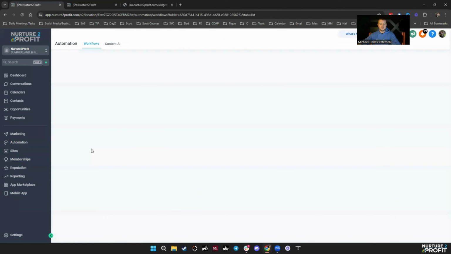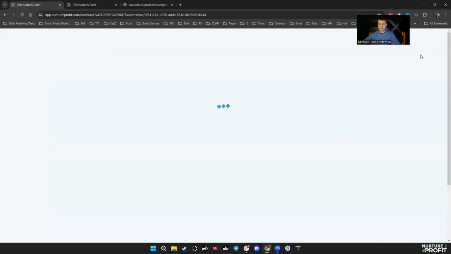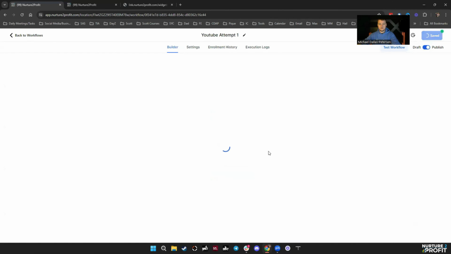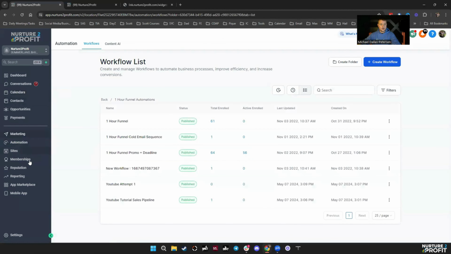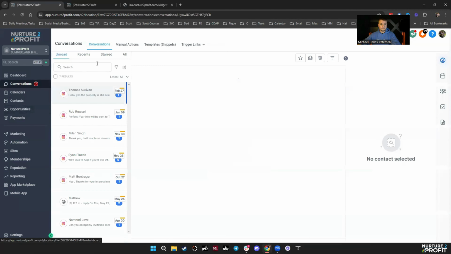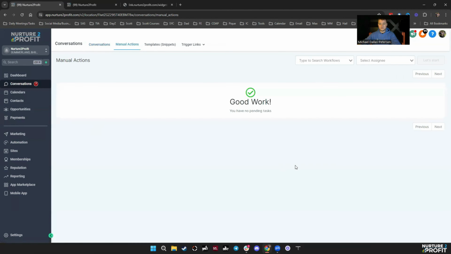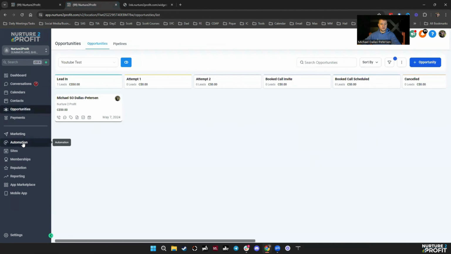So we're going to go back to workflows. Oops, I didn't actually turn that on. On, save. Okay, back to workflows. Now we can go to, give me a second here. Okay, so it's in manual actions under conversations. And what we're going to do is once I'm added to that manual actions, which is a call, then that should happen. So if we go back to automation,